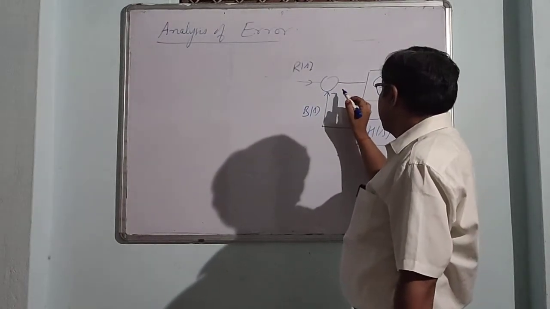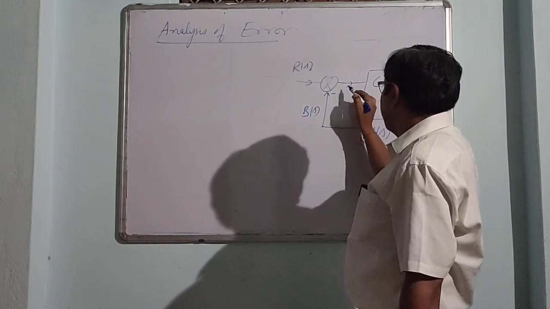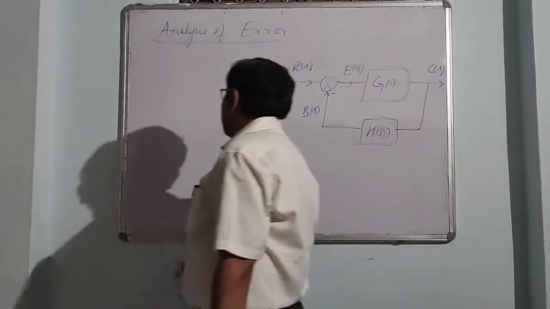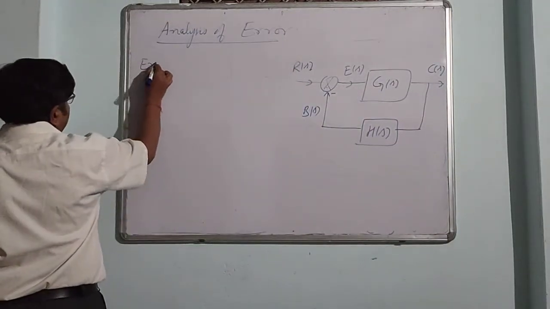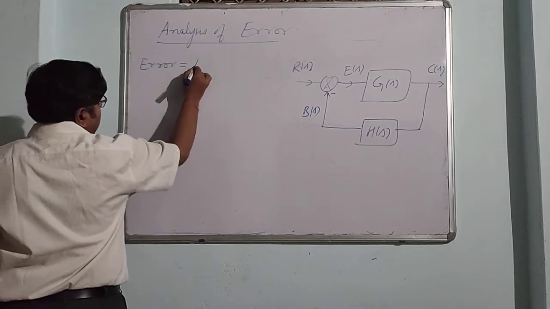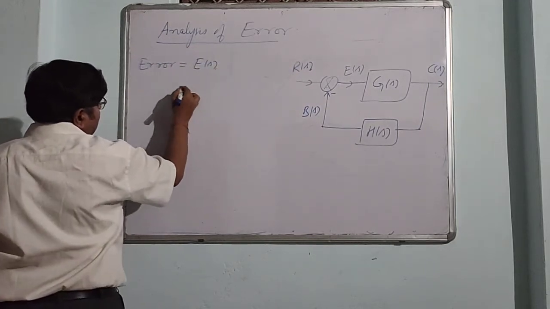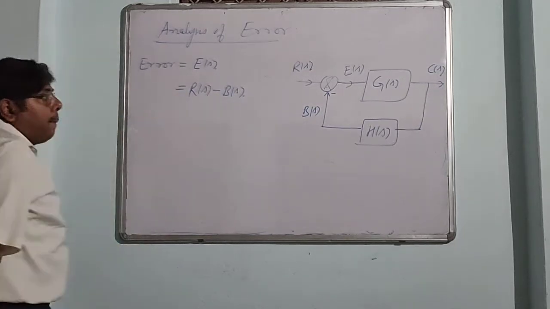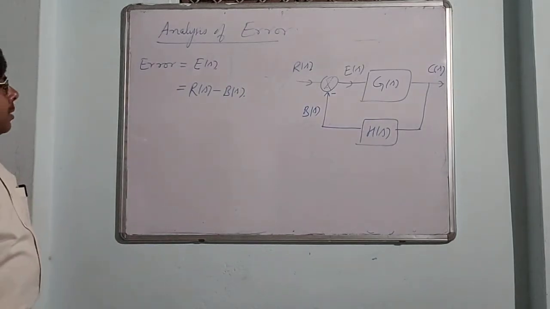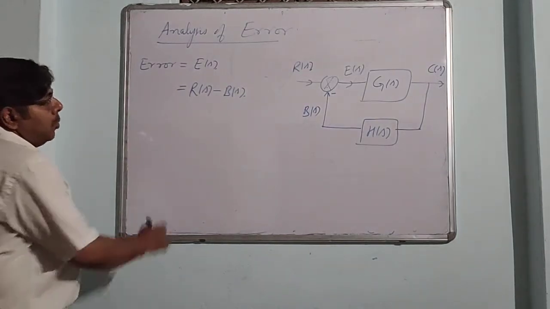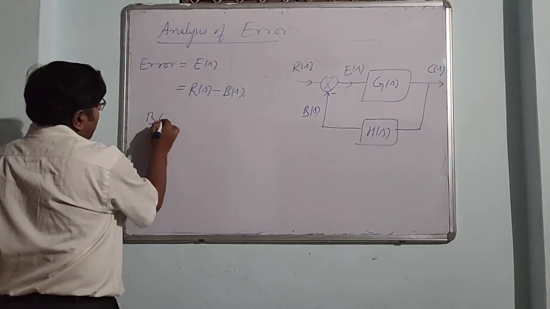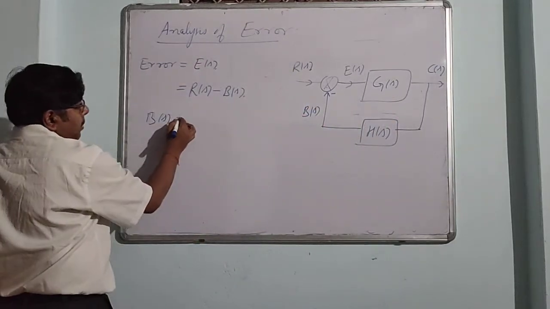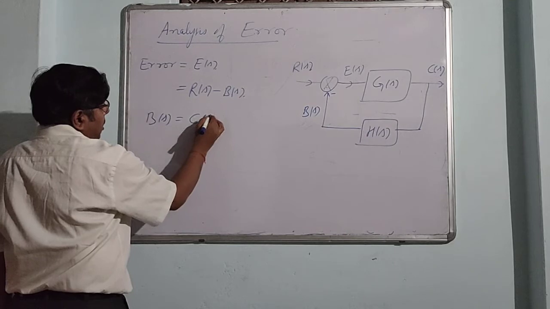And after this summer, here we have the signal E(s). So obviously the error is given by E(s). This is the error. This is the difference of R(s) minus P(s). And R(s) minus P(s), what is the value of this? From this part, you can write P(s) is C(s) into H(s),